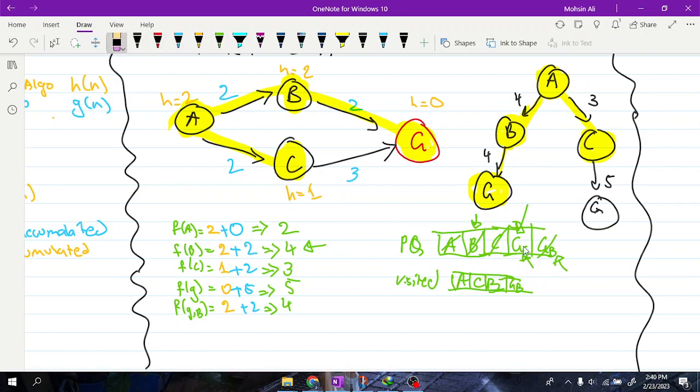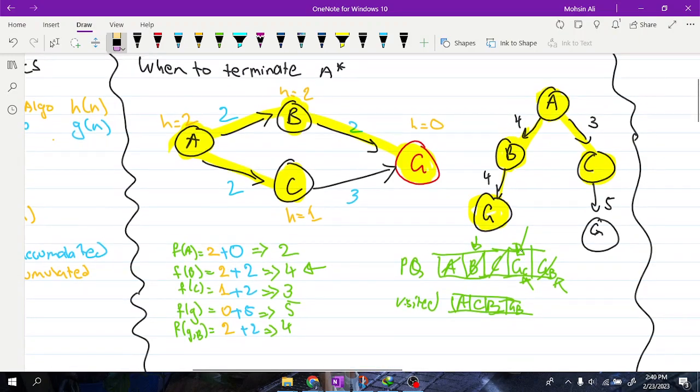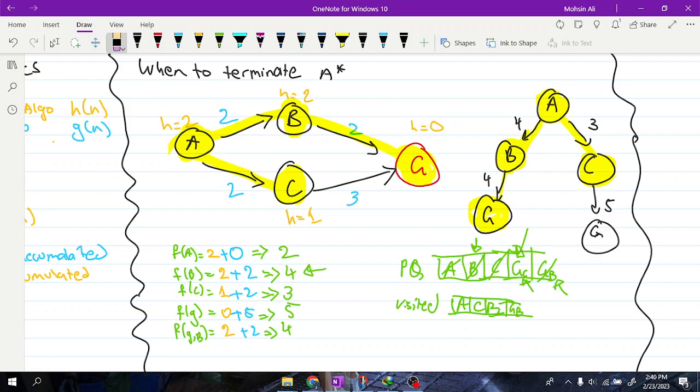So when we were putting g of c, that was not the part where we had to end our algorithm. It was the part when we dequeued g of b from the priority queue. That was the point. Okay, so I hope that made sense, that whenever you are going to be using A star pathfinding,